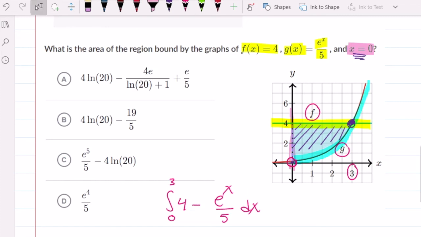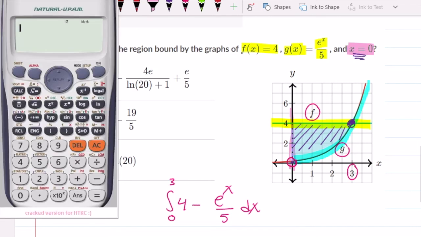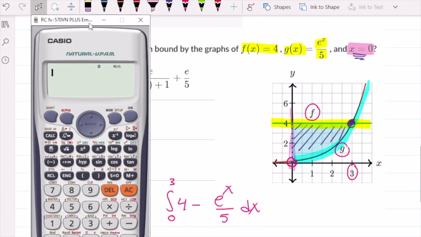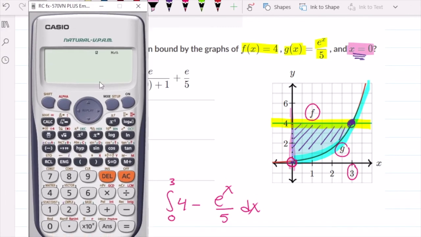And directly you can use your calculator to do that integration. You can make the integral by the calculator, the integration of 4 minus e to the power x, using alpha e to the power x,